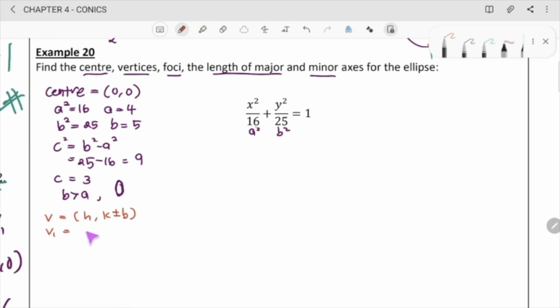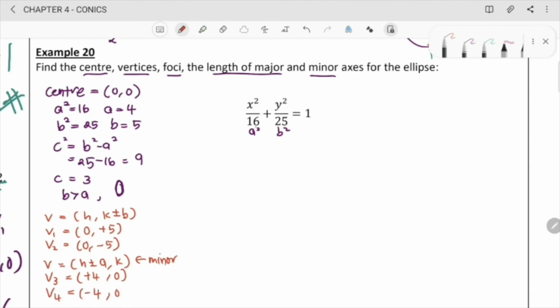So v1 is h is 0, k is 0, plus or minus b, b is 5, so it's plus 5, and the other major one will be 0 minus 5. Okay, so for the minor vertices, we have h plus or minus a, and k. This one is minor. So v3, h is 0, a is 4, so plus 4, the k is 0, and v4